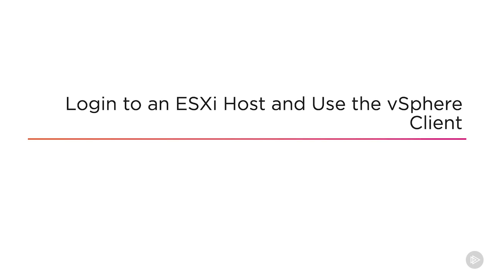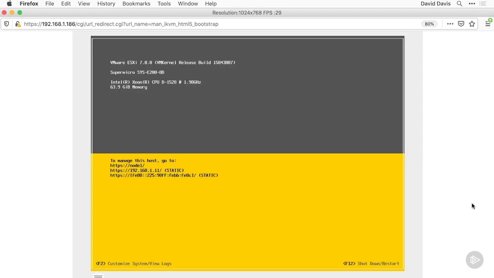We've deployed ESXi, and it's now time to log into our host and use the vSphere client. If you recall, on the console of this host, using the direct console user interface or DCUI, we've already configured a static IP address, which was 192.168.1.11. We should be able to access this ESXi host using that IP address in our web browser. However, I also want you to know that we configured a host name for this host and called it Node 1. It's in the Wired Brain Coffee Company domain,